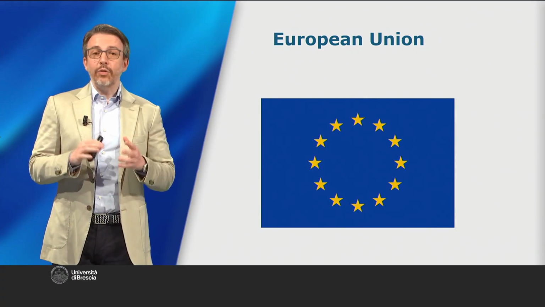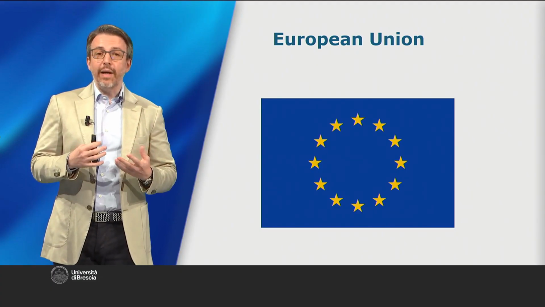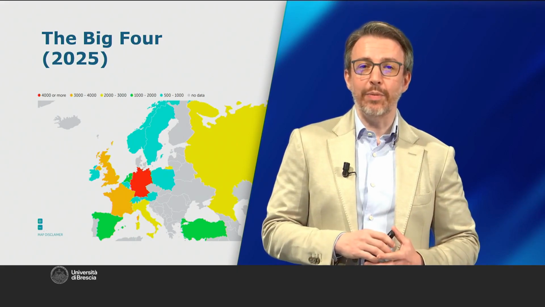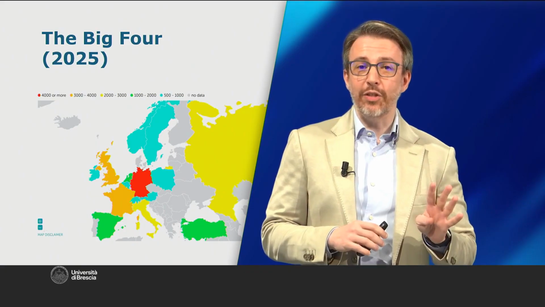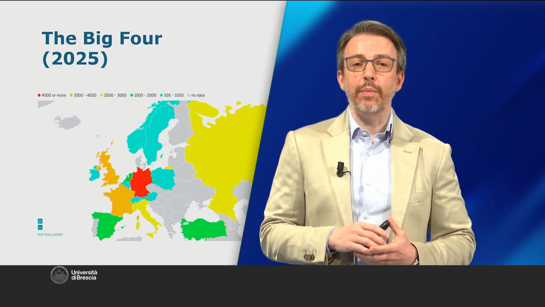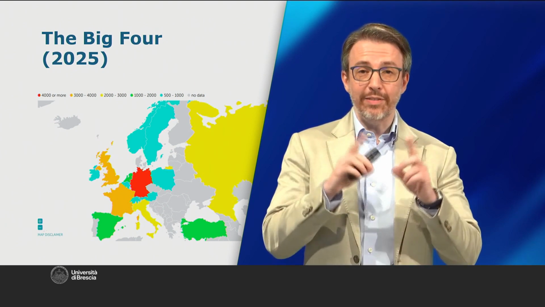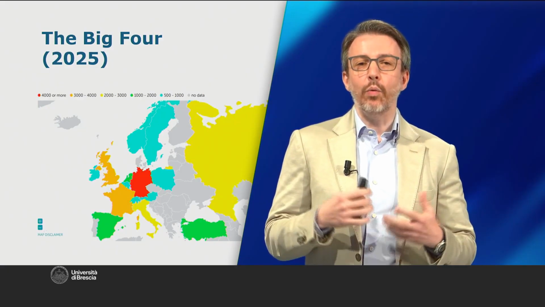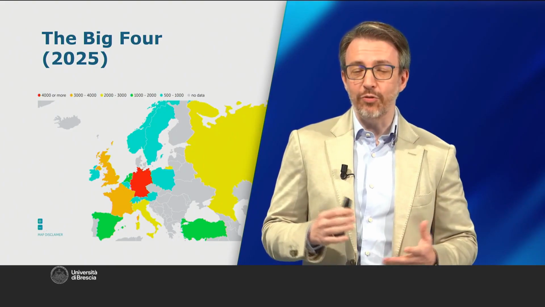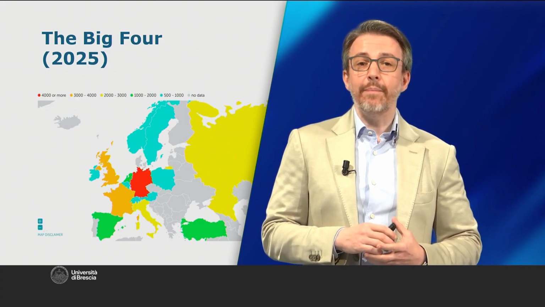Obviously, within it, the countries don't have GDPs that are distributed equally. Actually, you can identify 4 major countries. After the United Kingdom left the European Union, 4 major continental countries remained. The most important country of all, Germany, produces on its own between 1/3 and 1/4 of the entire European Union's gross domestic product. So, when it wants to have a bit more influence compared to the other countries, it's got good reason for it. Following, we have France, then Italy, then Spain.